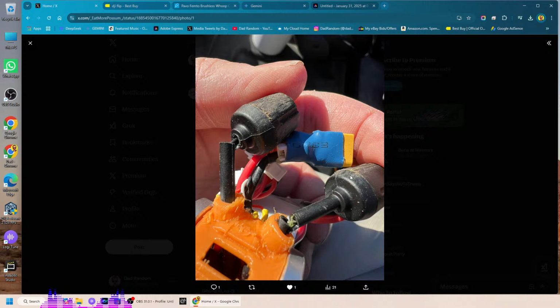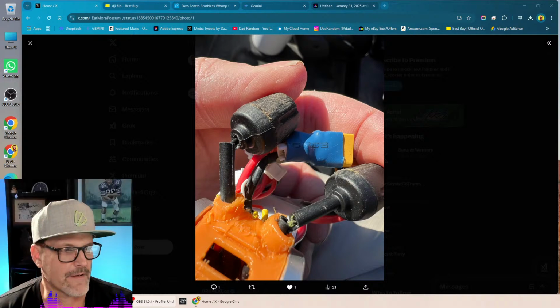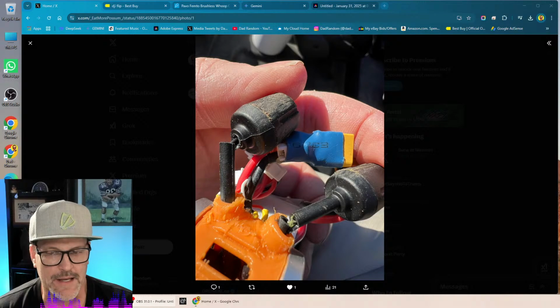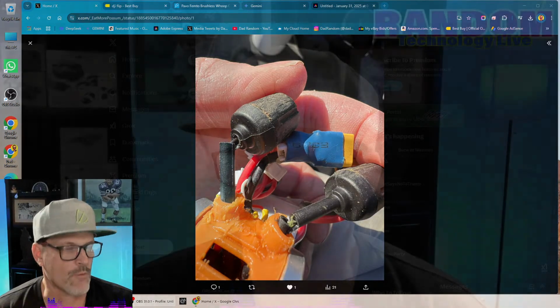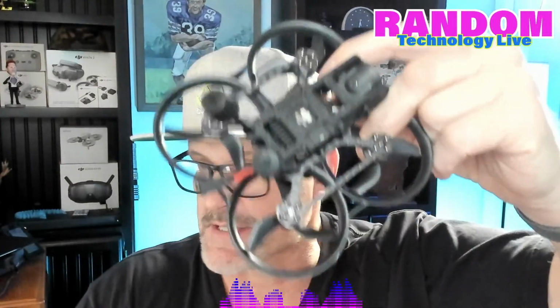But it really blows me away how easily those antennas snapped. Isn't that crazy? I'm really surprised at what happened to those antennas. He said they just snapped.